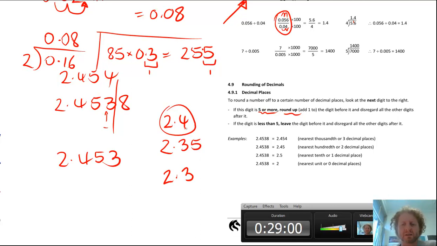Note also, if someone asks me to round 2.4538 to 1 decimal place, I don't round it to 3 and then 2 and then 1. You can get errors where that digit keeps changing. No, you only ever want to round an entire number. Like someone says to me, look, here's a number,